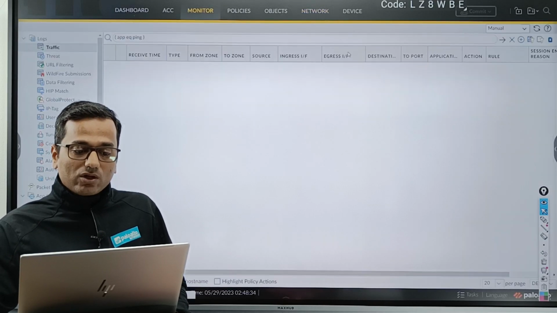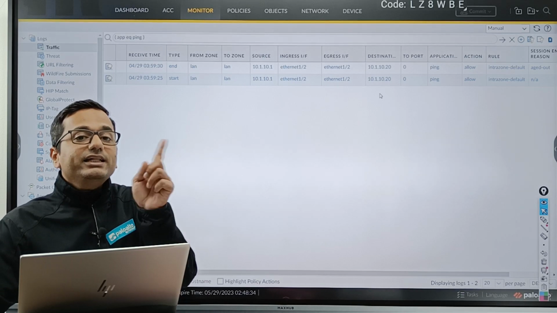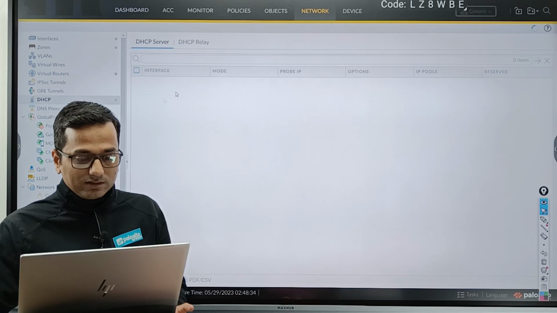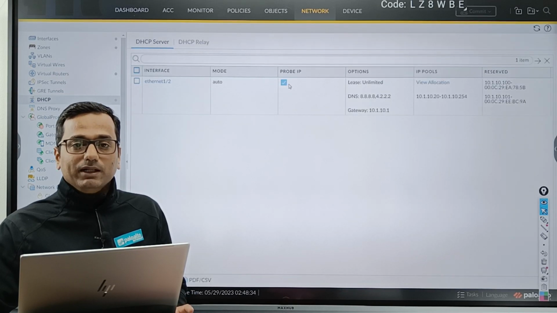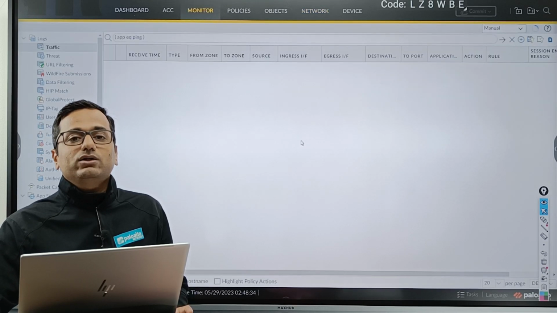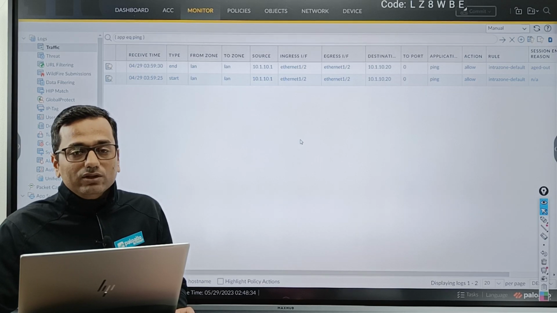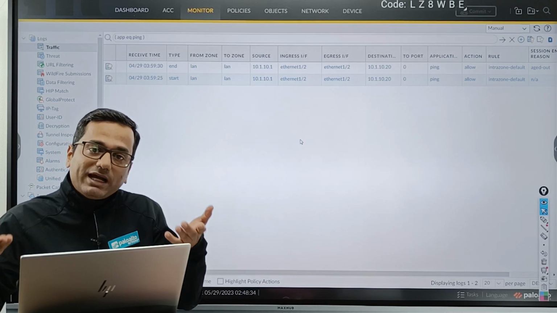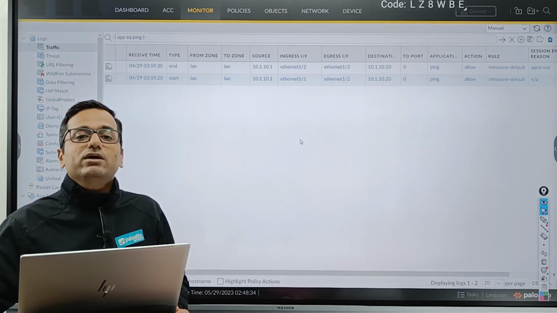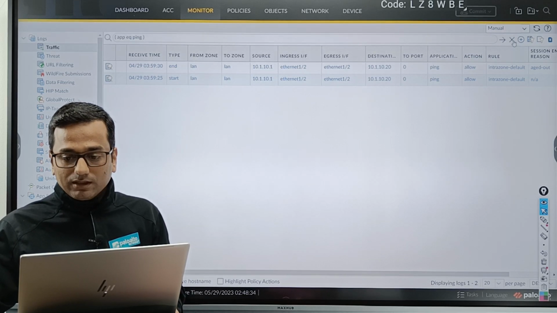Now go back to the traffic logs, Monitor, and there you will not see any ping, though probe IP is enabled. It is not showing 10.1.10.100 and 10.1.10.101. It will not. Why? Because you manually bound the IP address, so the Palo Alto Firewall will ignore the probing for static mappings.